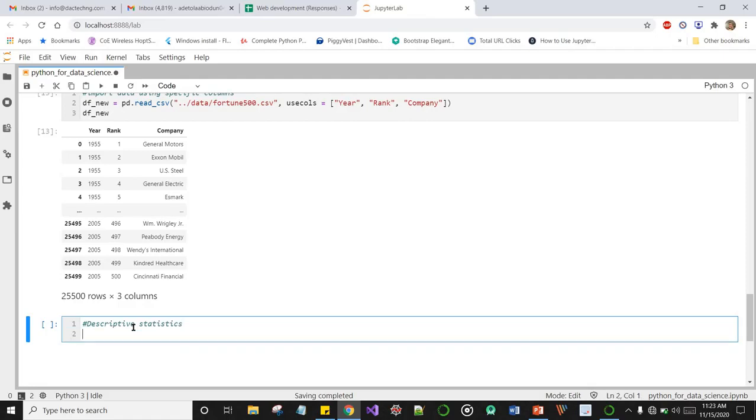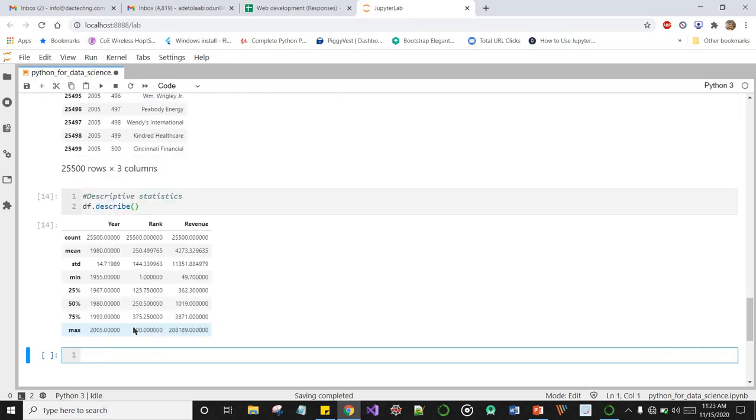All right, and the inbuilt method is called describe. So we can do data frame.describe. Okay, and if I do shift enter, on our output we have a quick statistical analysis of our data set, right?